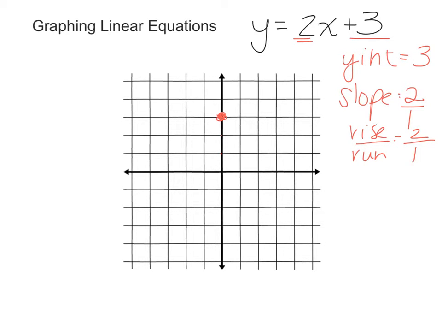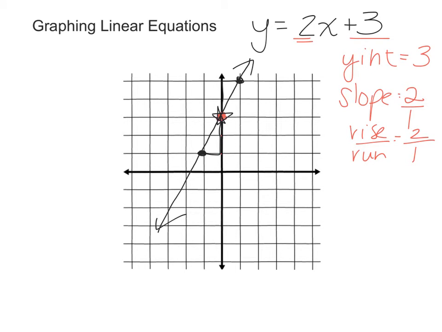So we're going to start at what I call my anchor point. That's where I plotted the y-intercept. I'm going to go up 2 over 1 because that's my slope. Okay? Now, I want to hit another point. I can't go up 2 over 1 because it's going off my grid, so I'm going to go down 2 over 1. Okay? Down 2 over 1, because you can see it's going to form this nice, lovely line,